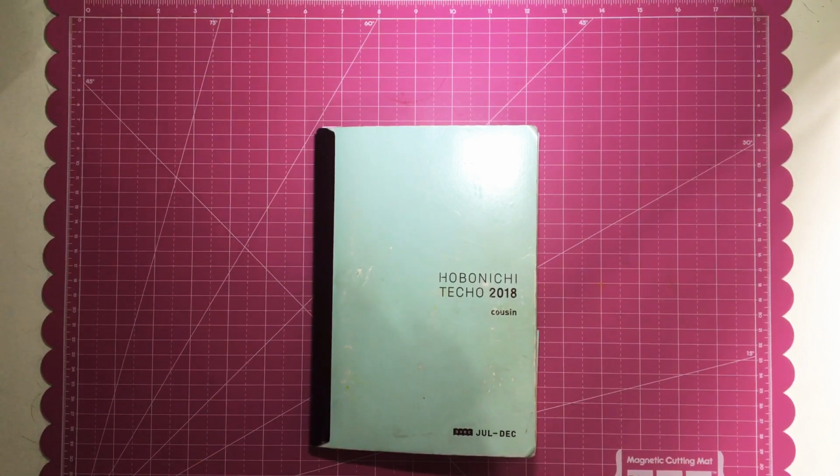But I was really excited to go to Hobonichi. A friend of mine had one and I asked her how she was enjoying it, what she liked, what she disliked, which made it a lot easier for me to make the choice. That being said, the reason I made the switch, first and foremost,